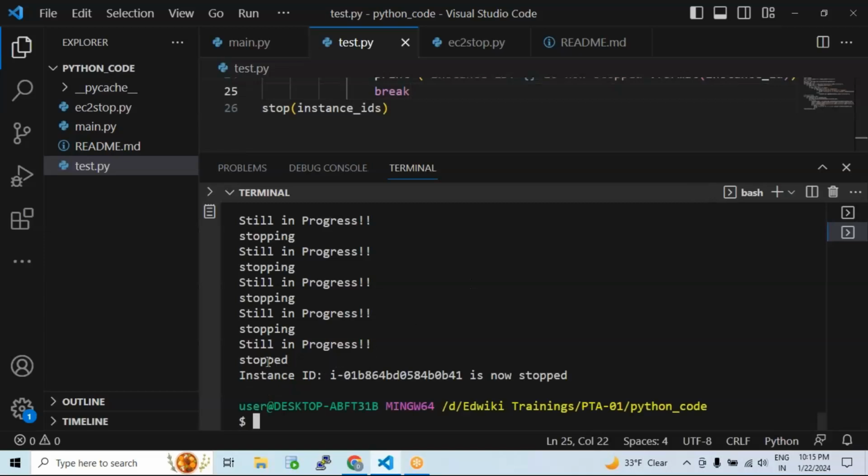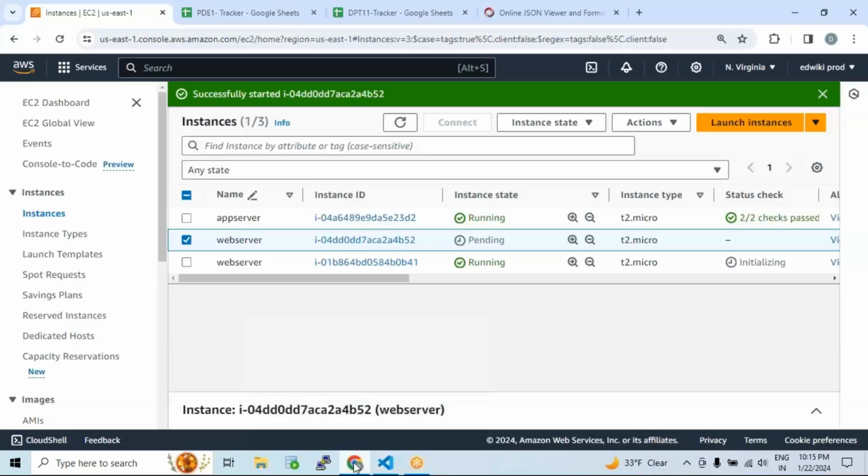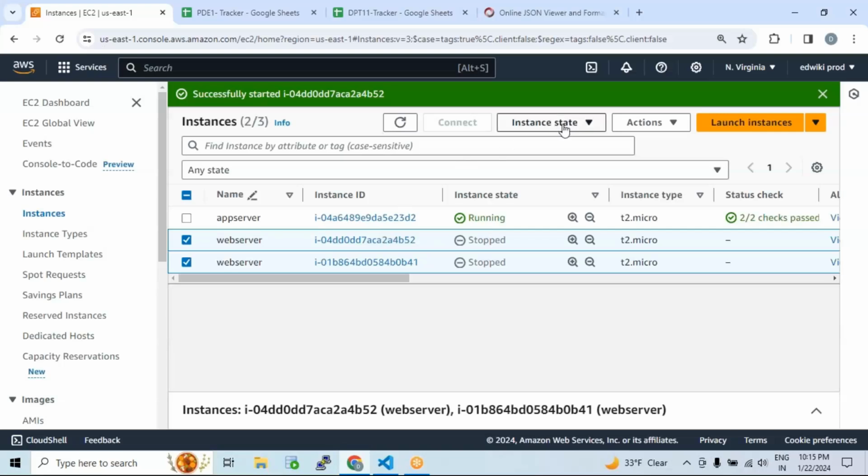You see, after it is stopping the servers, the moment the state changes from stopping to stopped, it shows that the instance is stopped, your while loop is exited, your program is completed. I can run this program one more time, one final time, just to,